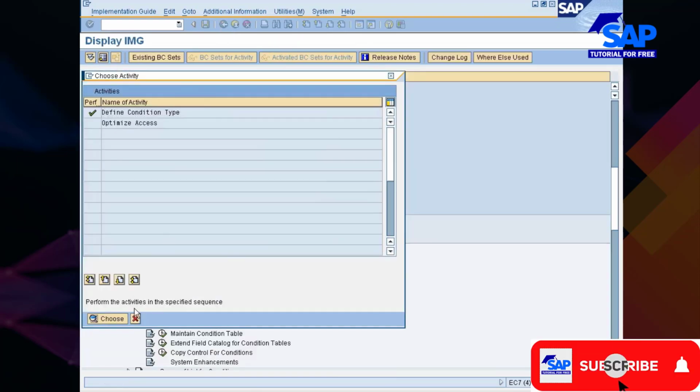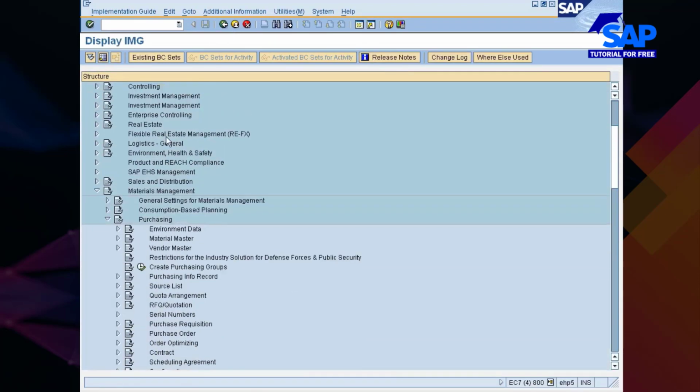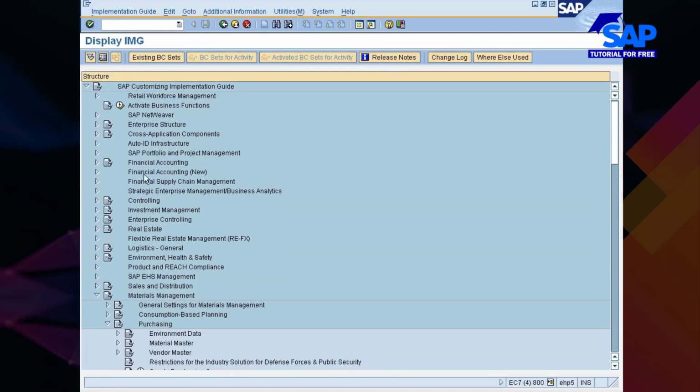I don't know who changed it, but again we have to go and change the master data, Material Master. Where is it? Logistics General. It's here. Just give me a couple more minutes.